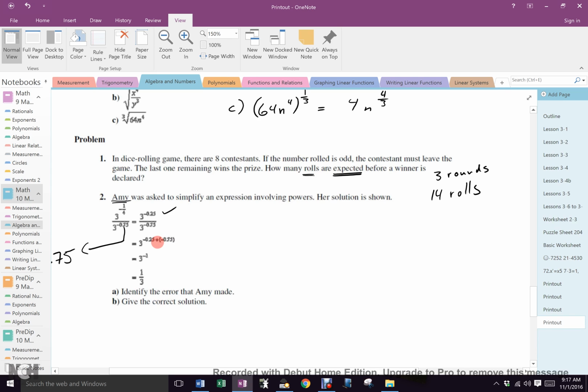Why is she adding? Because it's dividing, so she should be subtracting, right? Oh, but subtracting a negative is the same as adding a positive, yeah? So, oh, but wait, she added a negative. So there's her mistake, yeah? That was your job. Find her mistake. That gets you 1 mark. Then you would come over here and you would do it right